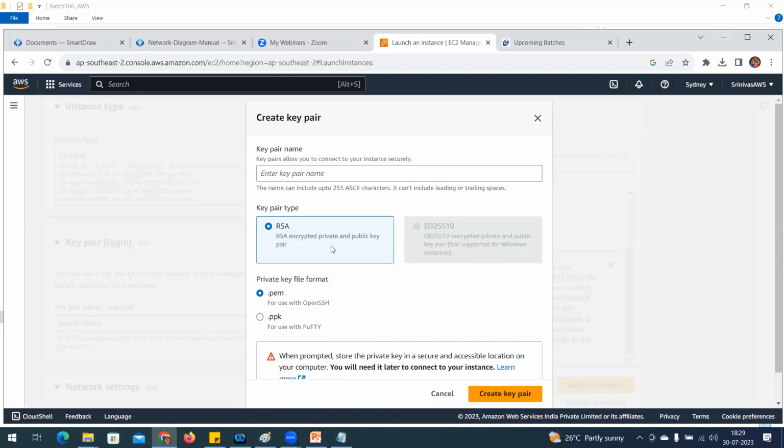Yes, generally it is a security standard which you provide for how we are going to generate the key pair. RSA is one of the key security features which comes along with PEM and PPK. As part of the free tier, this encryption is not available. RSA itself is one kind of security feature where you get some kind of file configuration with some data within that key pair to get the login credential information. The second one is encrypted, further more secure.